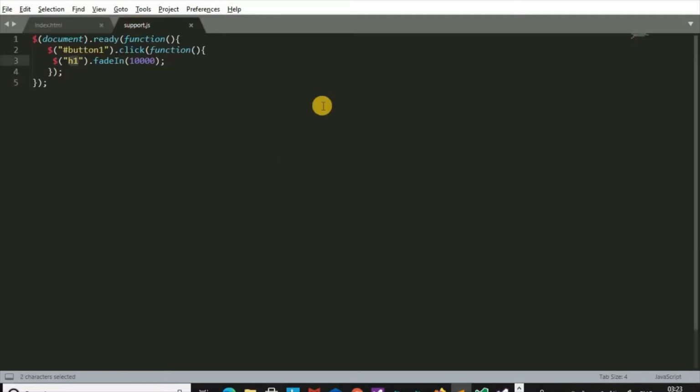We want the fadeIn effect on the div, so here div1, and here fadeIn.